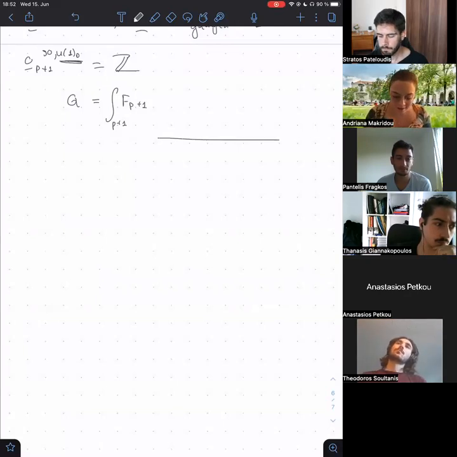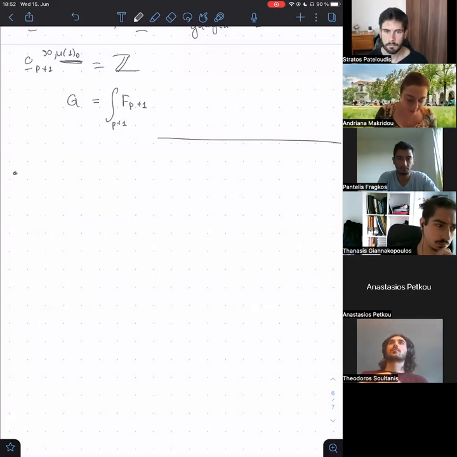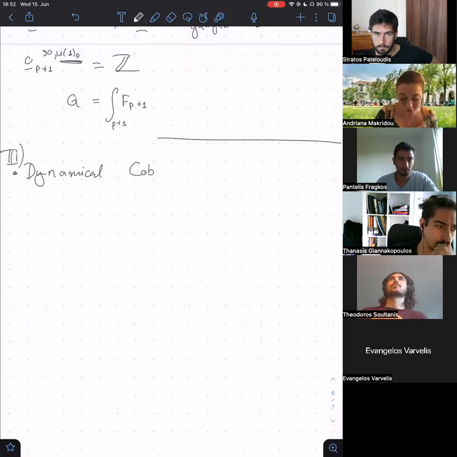Okay, and then the idea is that since we need to study these non-supersymmetric setups, and this was actually the observation or the framework introduced by the group in Madrid. So this is what is called dynamical cobordism, and it's part 3 of the talk now. Okay, I'm not running out of time.